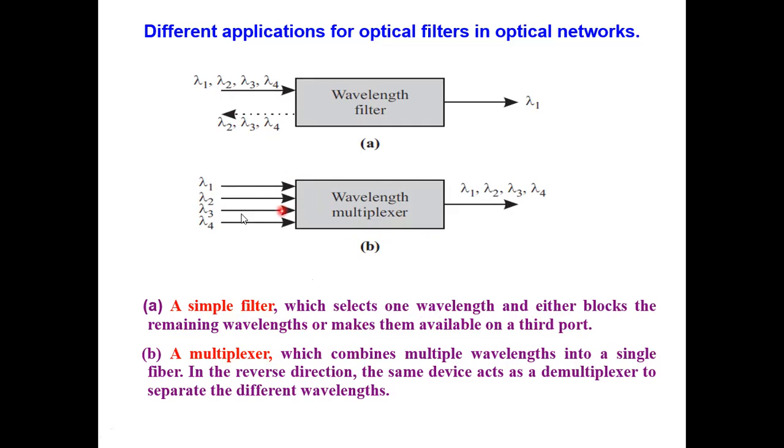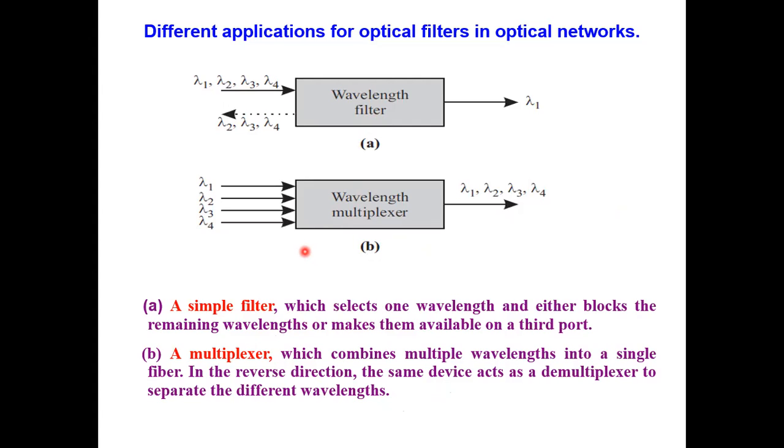A multiplexer, as you know, takes lambda 1, lambda 2, lambda 3, different wavelengths, combines all of them and transmits the combined wavelength on a single port. The group which is presenting on this will elaborate on what wavelength division multiplexing is. Same thing, I can have a demultiplexer. I have a combined wavelength coming over here, and the wavelength demultiplexer will separate it into its constituent wavelengths. So this is what a filter is and what a multiplexer is.